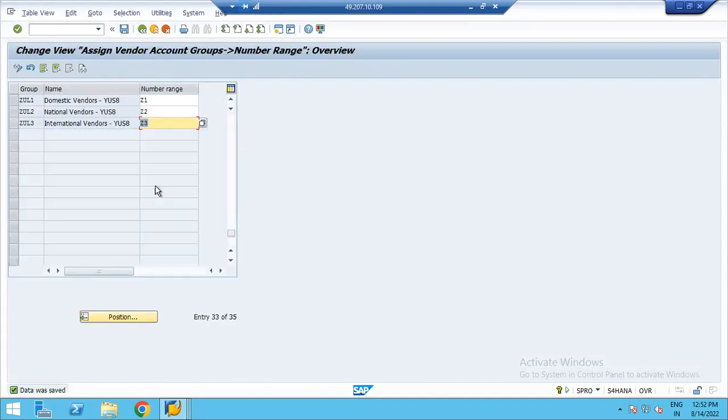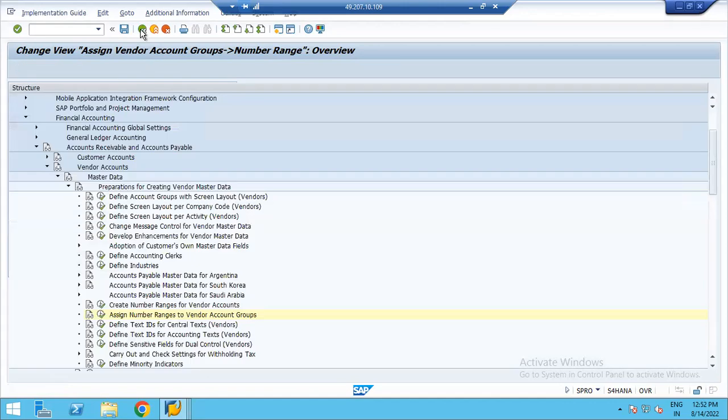Now this is done. Now what are we creating now? We have completed 3 steps. We have created vendor account groups, we have created number ranges, and we assigned these number ranges to the vendor account groups. Now going back, save it. Going back,